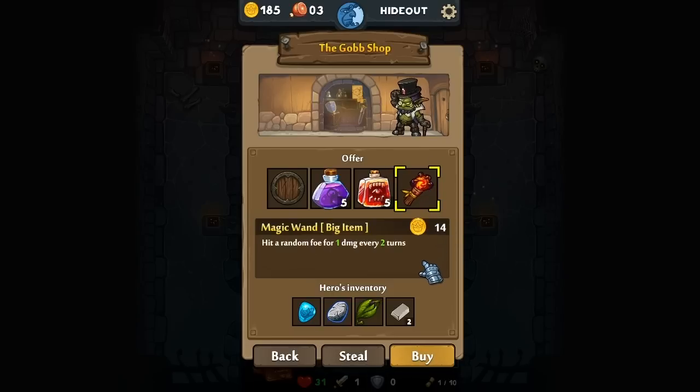We could grab this. This is a magic wand for 14 coins. It will hit a random foe for 1 damage every 2 turns. Pretty cool item. I believe it has a durability of 12, which means that after 12 shots, it will go away. Also over here, we have a small shield, which blocks 1 physical damage. Costs 8 coins. I believe this has a durability of 8, if I recall correctly, and will break after 8